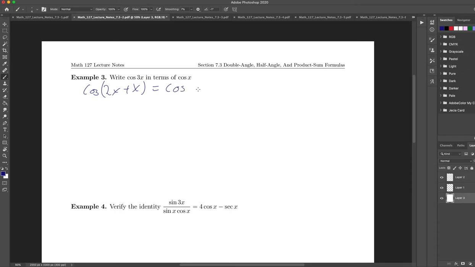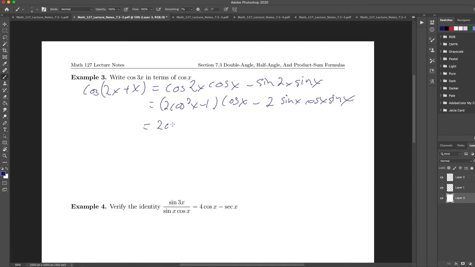And so we have cosine of 2x cosine x minus sine of 2x sine of x. Here, I can plug in what I know: cosine 2x is 2 cosine squared x minus 1, times cosine of x, minus 2 sine of x cosine x times sine of x. Simplify this all down. Here we get 2 cosine cubed x minus cosine of x minus 2 sine squared x